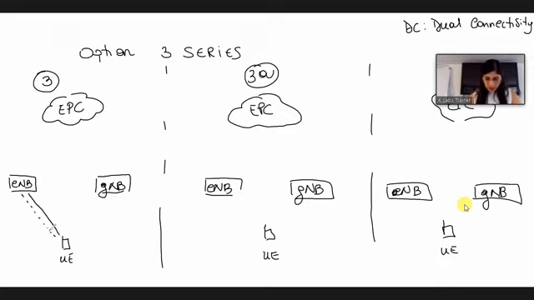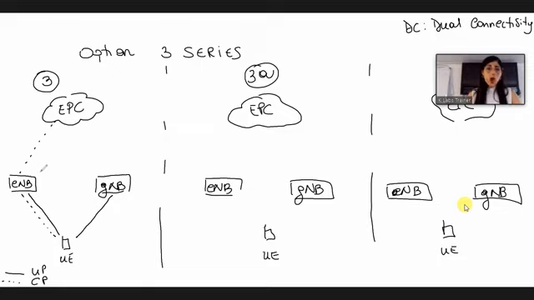I'm going to represent the user plane with the continuous line and the control plane with the dashed line. The user equipment can communicate with the gNodeB only for the user plane. In this option, it is the eNodeB which is responsible for the control plane, exchanging control plane information with the core network.